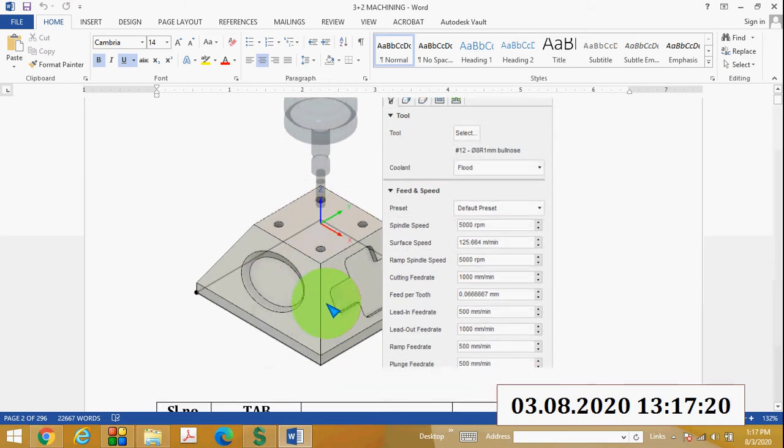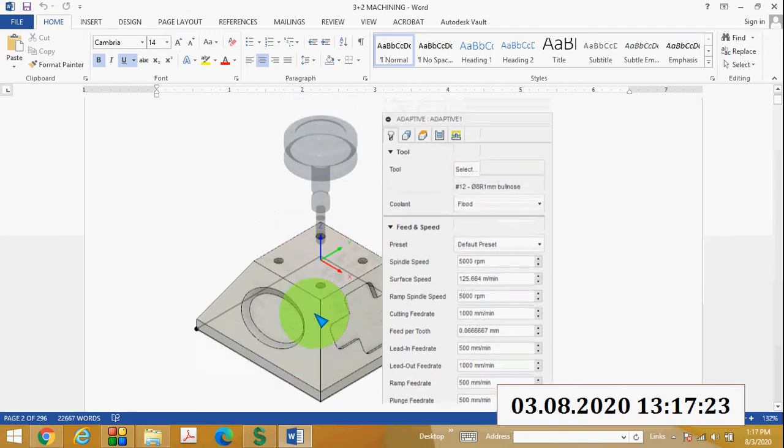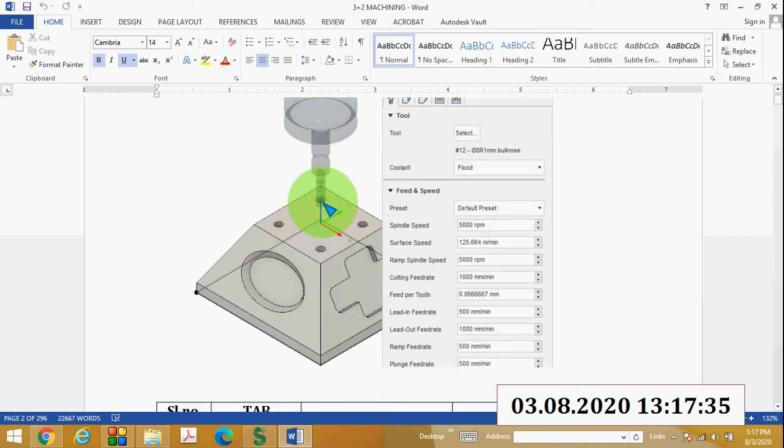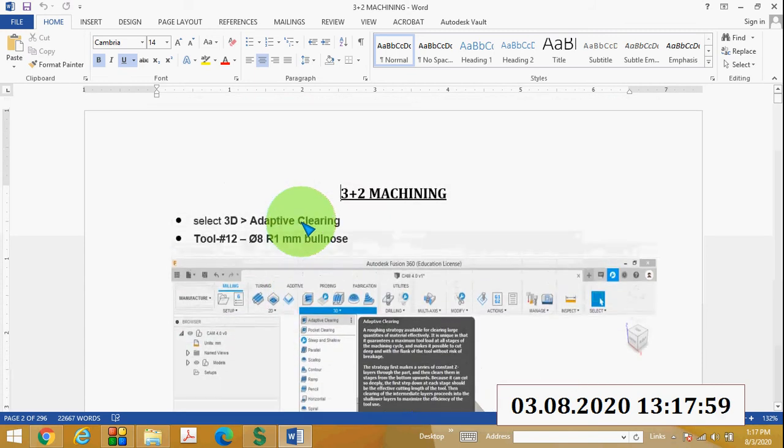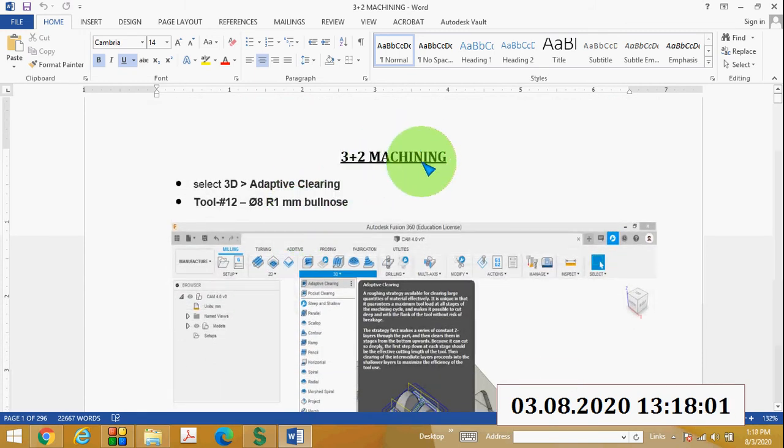But in complicated problems, for example, I want to cut an elliptical shape here in this inclined surface. It is very difficult with this setup, so you have to change your tool orientation. Similarly, here you can see a plus symbol. I want to create a pocket shaped structure with this plus symbol. Again, this is very difficult with our conventional setup. So what I will do is go with 3+2 machining.